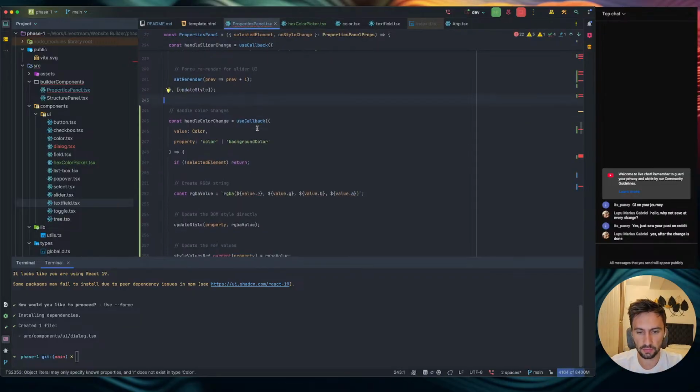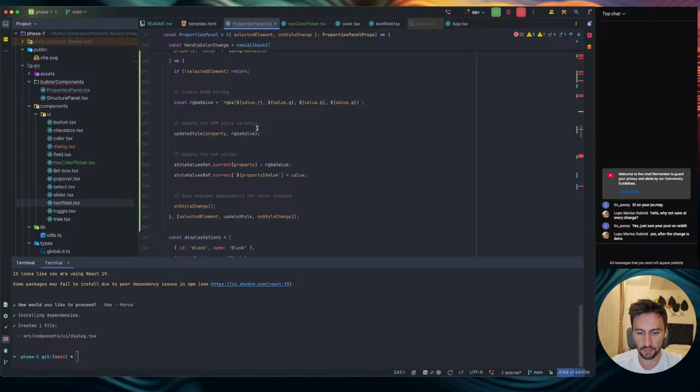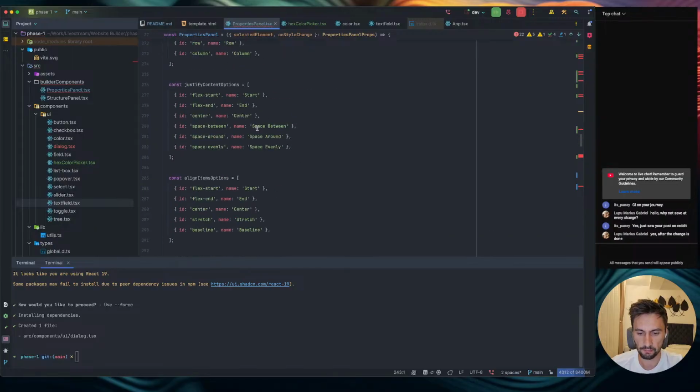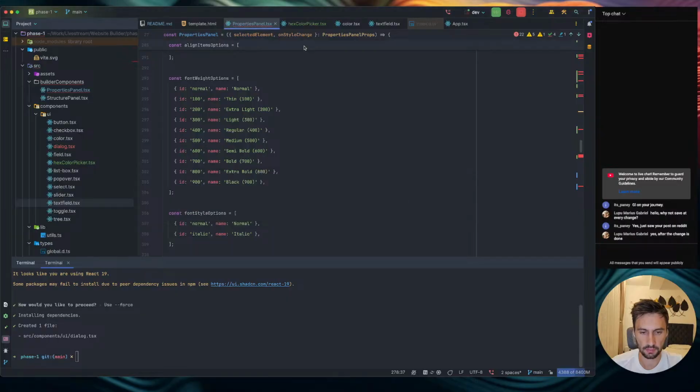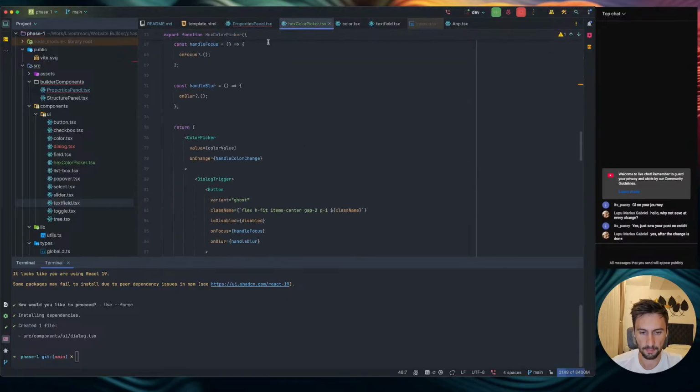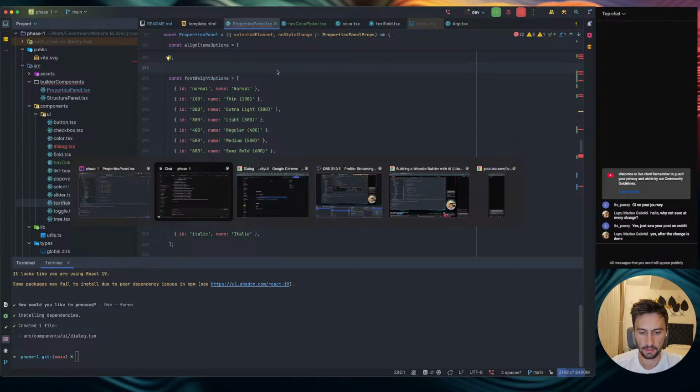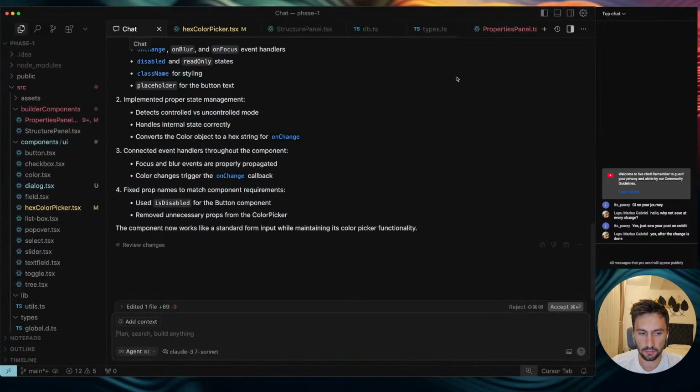And I think I need to revert everything back from properties panel. Yeah. Let's revert back. File cache config, not file system. Let's go back to the Cursor. Go back to our